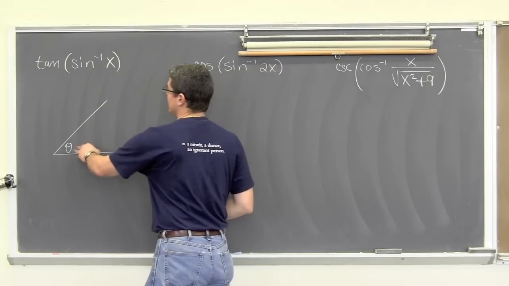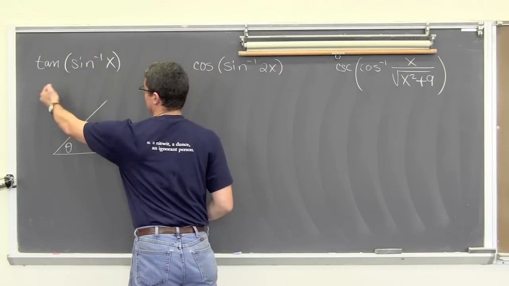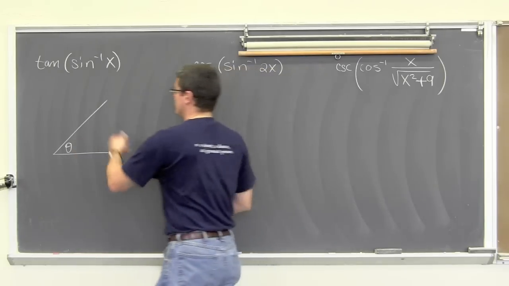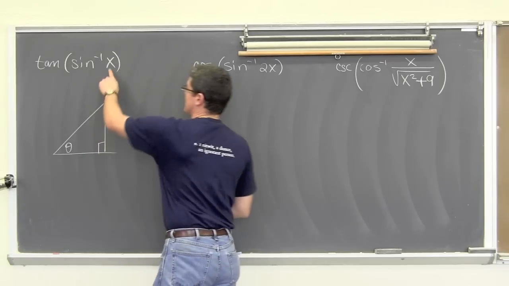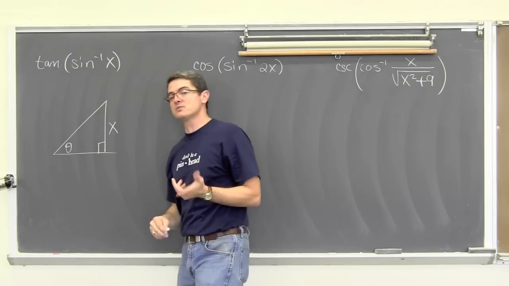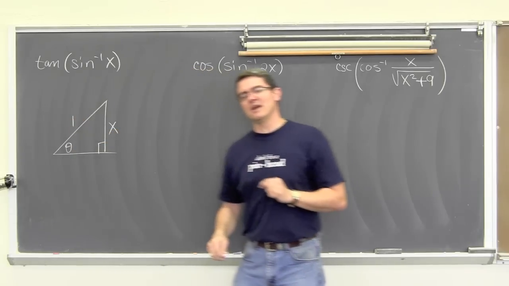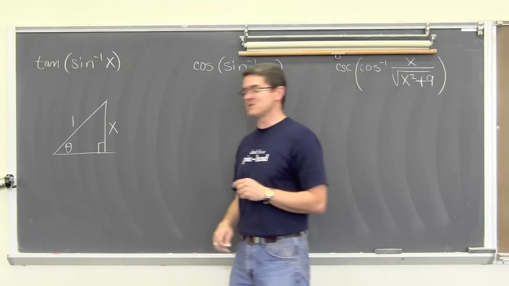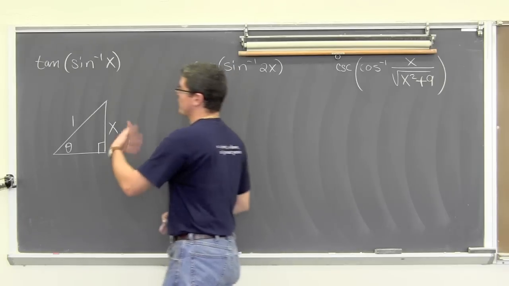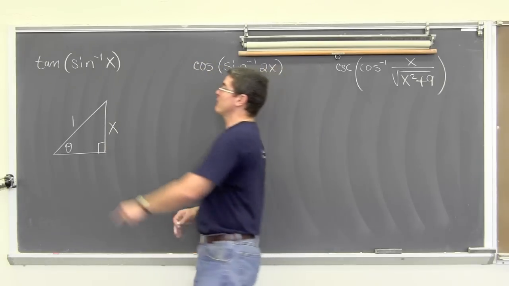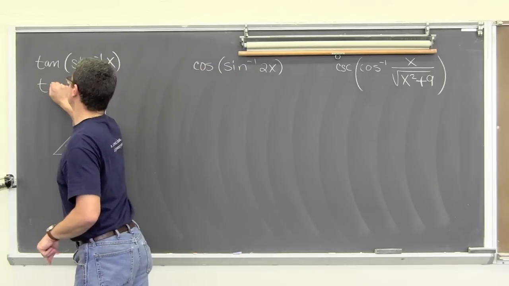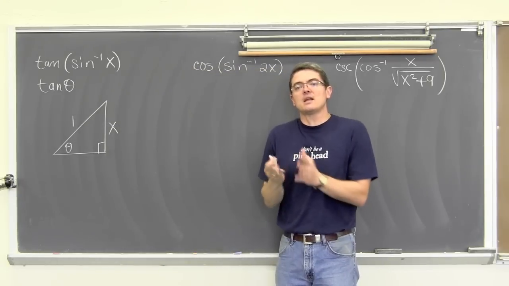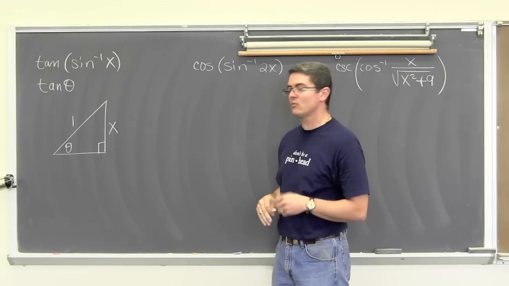So if this is angle theta, and if it's an inverse trig function, it needs to be between positive 90 and negative 90. I'm going to draw these in quadrant 1 anyway. So we have this measurement of theta, and sine is opposite, so x over hypotenuse of 1. Remember that's SOHCAHTOA, right? Sine's opposite over hypotenuse, cosine is adjacent over hypotenuse, and tangent is opposite over adjacent. So if we're going to set up the tangent function, because from an inverse trig function we get an angle measure, that's why I'm setting up this triangle, so I can set up, not find theta, but at least set up its right triangle.